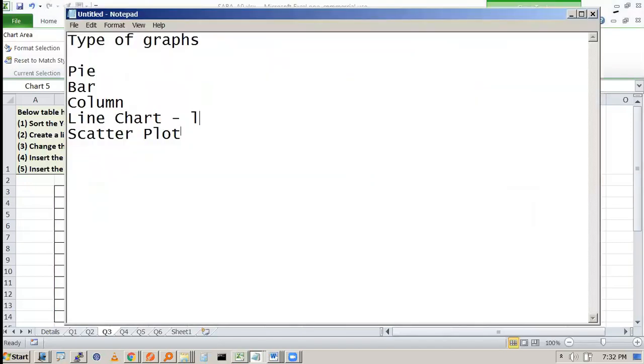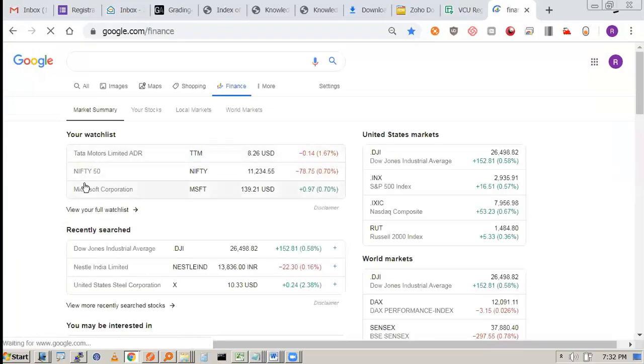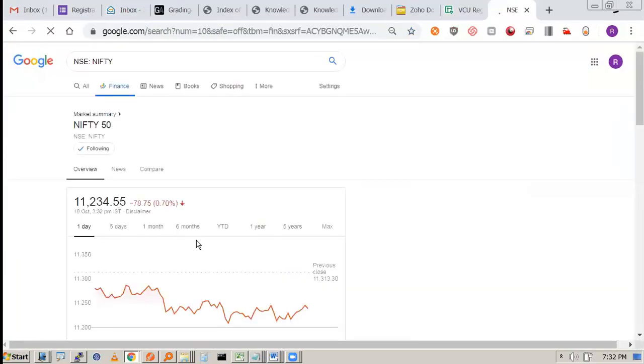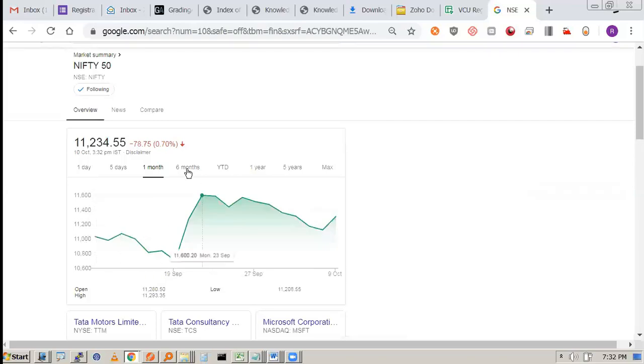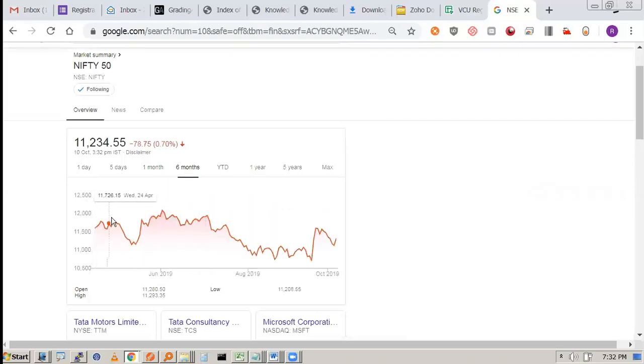What are these logarithm line charts? What are these log charts? Okay, let's say you want to see the Nifty 50 chart. So you can see this is a chart with the stock prices. Now these are normal line charts. So 10,500, 11,000. So it's a gap of 500, 500, 500, 500.